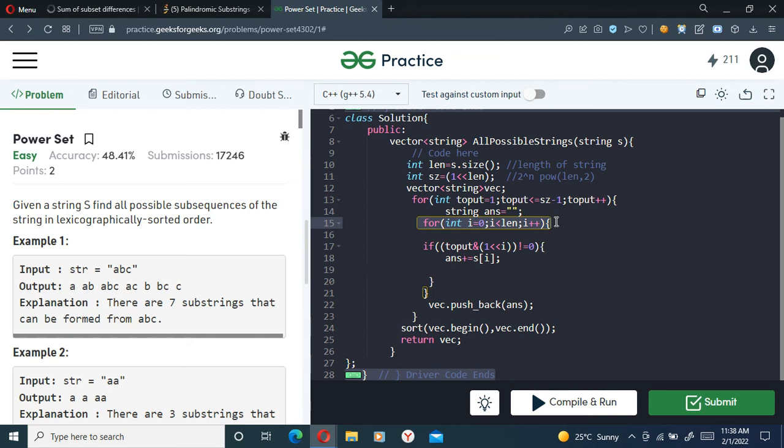And why only from 0 to length are we going? Since we know the length is the length of the string here, that is why we go from 0 to length. After that we find the bit mask of this. This is the formula for it, that is this one right here. I'll create a mask of this, and this will say if this bit is set or not. If this bit is set, then we will add it to my answer, and at the end of this loop we will just push it back into the vector, sort it and return the answer. And that will be it